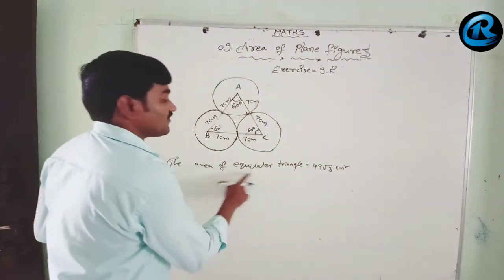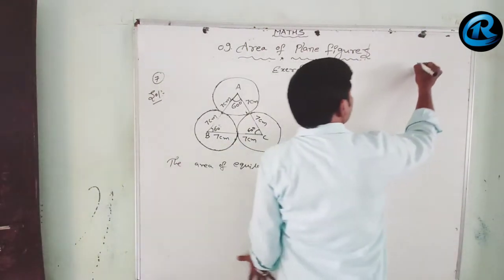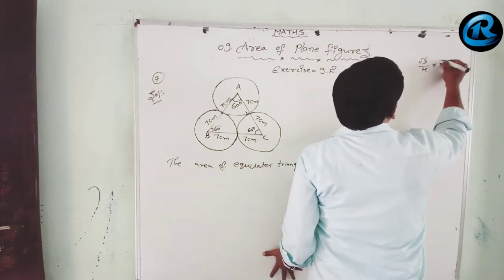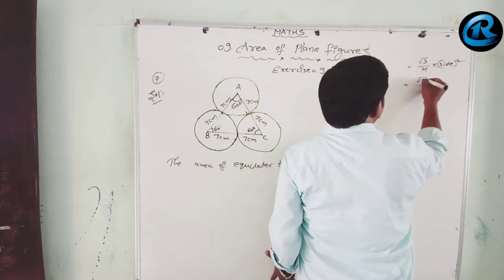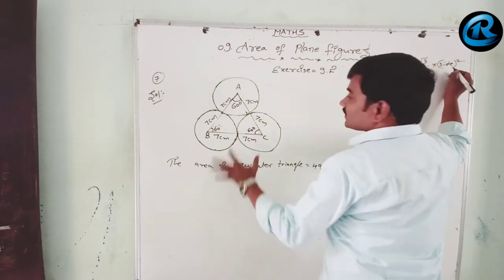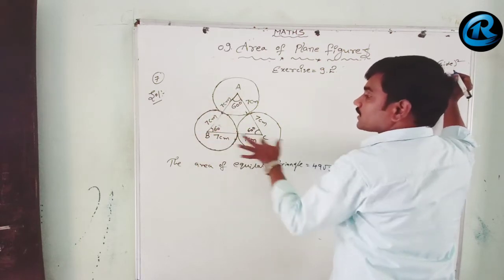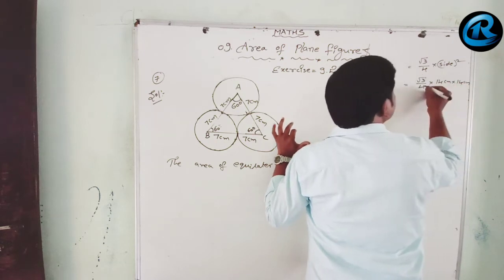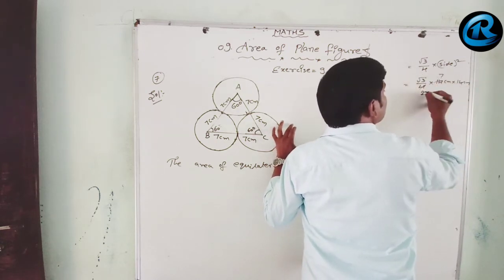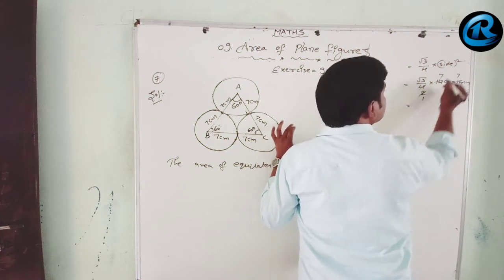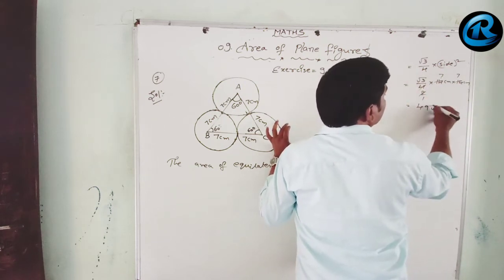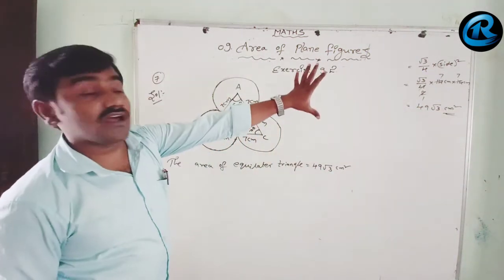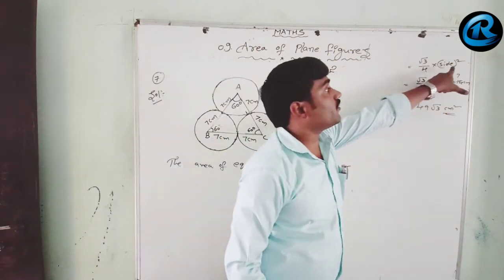I already told you the formula of the equilateral triangle. Area of equilateral triangle is root 3 by 4 into side square. So what is the side of the equilateral triangle here? 7 plus 7, that is 14 centimeter. So let us write here 14 centimeter into 14 centimeter. 2 2s are 4, 2 7s are 14, that is 7 into 7, that is 49 into root 3, 49 root 3 centimeter square. See, you got the same thing. So that is the formula of area of equilateral triangle, root 3 by 4 into side square.